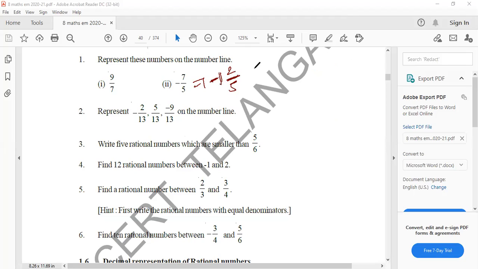After minus 1, you'll get an answer. So you have to write your number line. Draw the number line like this. You can take this as minus 1. Am I clear? It's more than minus 1. Okay, more than minus 1. You can write a number line like this. Minus 1.